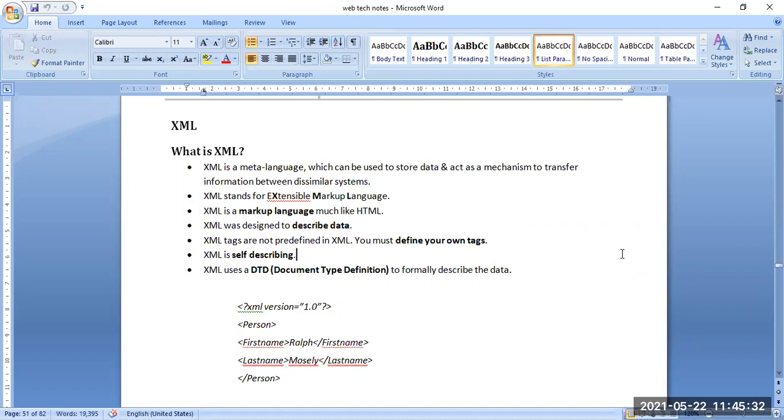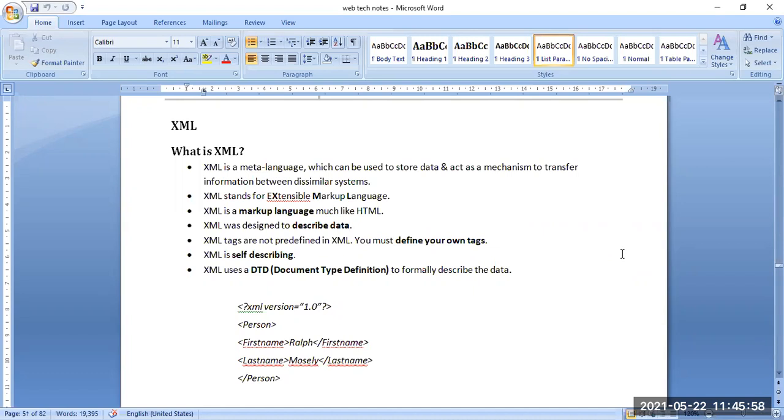In HTML the tags are defined, but in XML tags are not defined. XML is self-describing, and it uses a document type definition to formally describe the data. So this is the basic of XML.